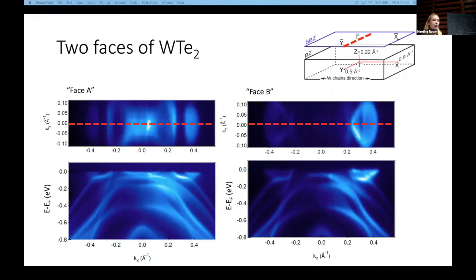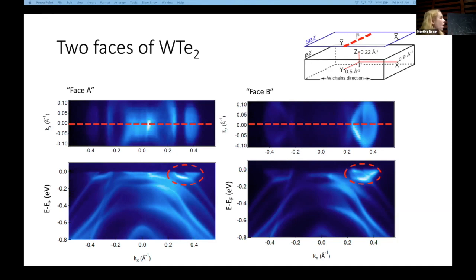So as a corollary of a material that does a lot of different things, you often end up with a rather complicated band structure. But I'll assure you that most of these states over here are bulk states, and they're the same for face A and face B because it's only the surface terminations that are different. So where we do see differences other than the gamma point, which will not be the focus of the discussion